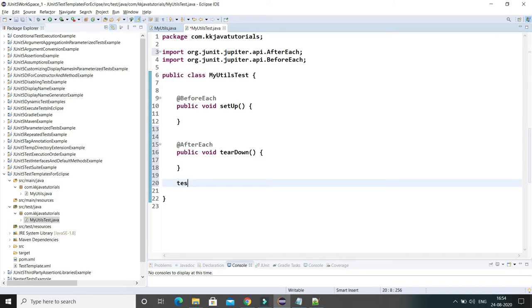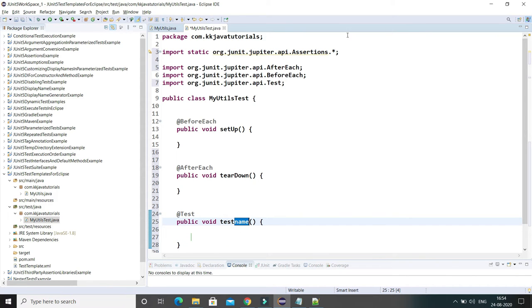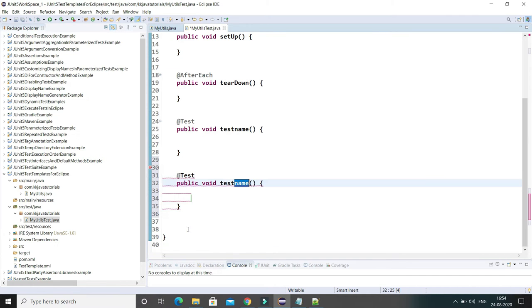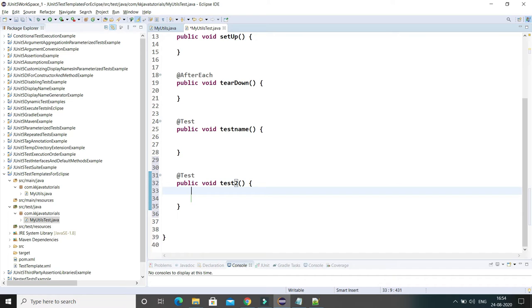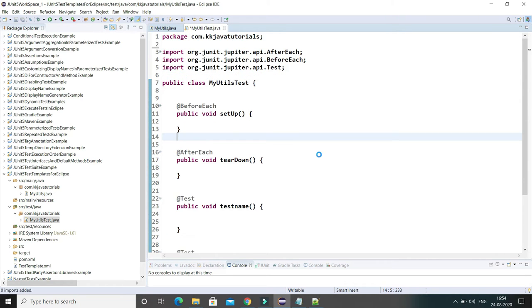Similarly, I can type "test", and you have to press Ctrl+Tab, and just select the first one, which is our template, right? And here you can see these imports happen automatically because of this template. Similarly, I'm going to type "test" again, and if I press here, I'm going to give the test name test2, and you can start typing code inside this test2, right?